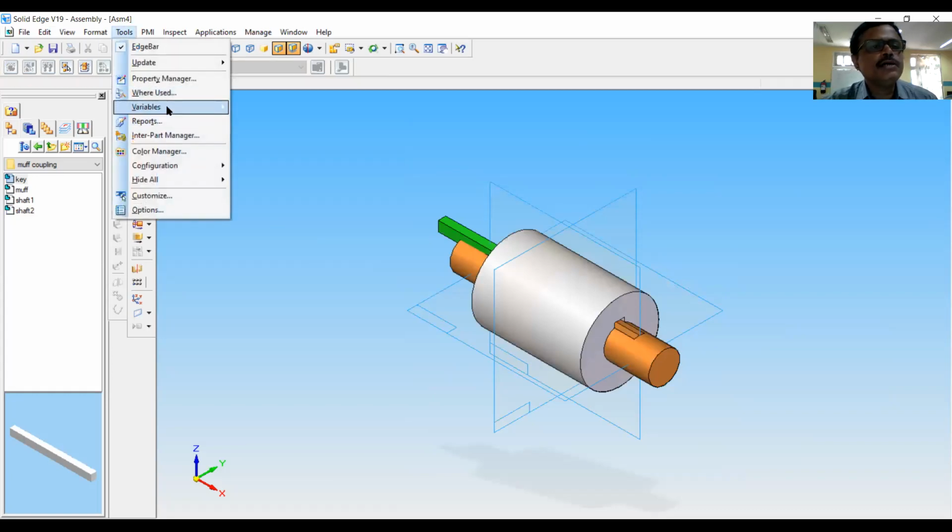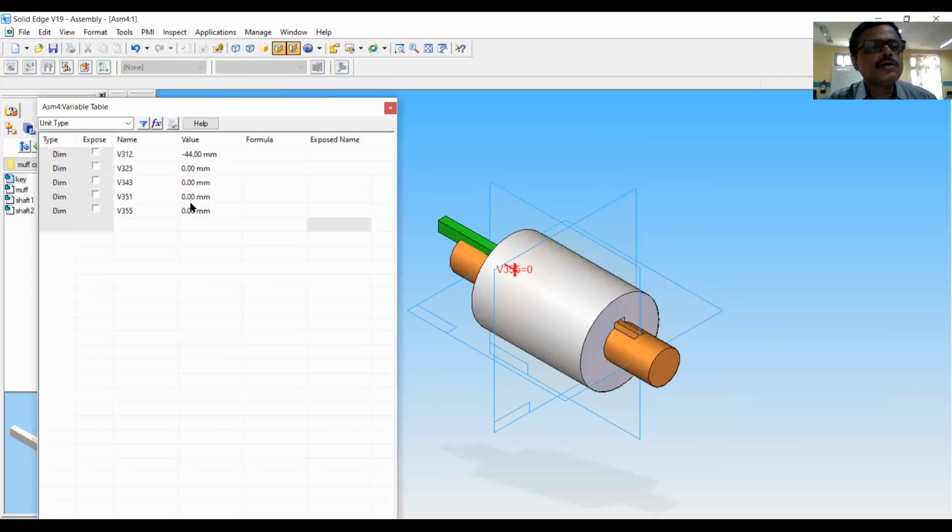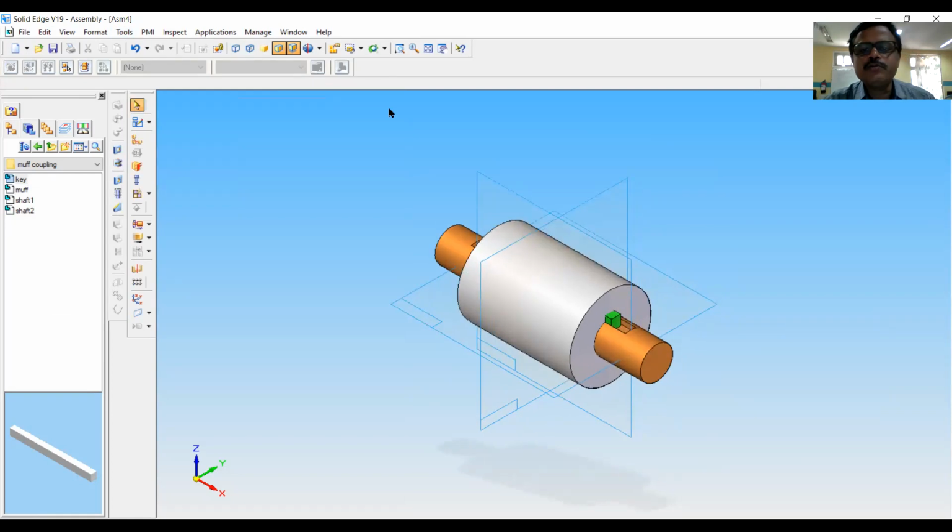That can be done by using the tools variables. Here it is, minus 49. I think not this one. It is minus 49. Yes. Now, this is the isometric view of the assembled component of the muff coupling.